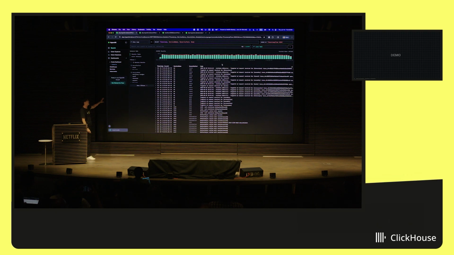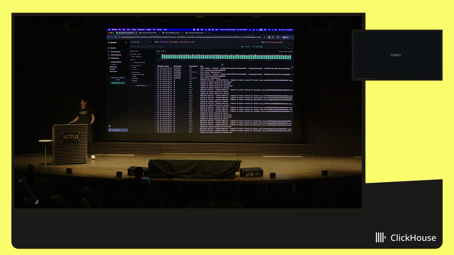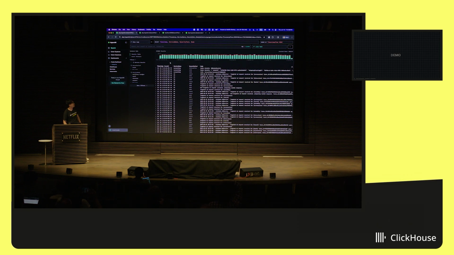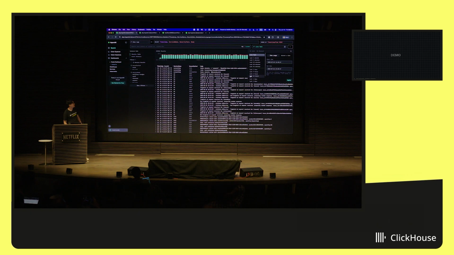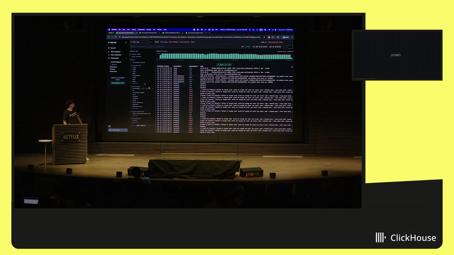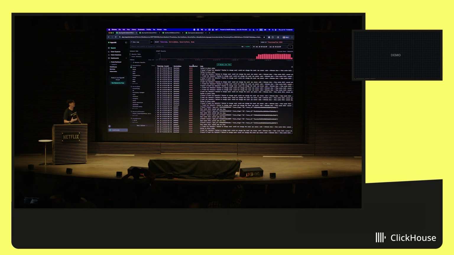Here we have the UI. This is looking at our logs that are coming through. And one of the workflows I like to show, which is kind of similar to what Daniel showed earlier, is say, for example, one of our teammates told us, hey, in the last couple hours, we've been having these increased elevated error rates. So let's go last 12 hours. And let's go look at our errors here. So all this is being powered on top of ClickHouse.